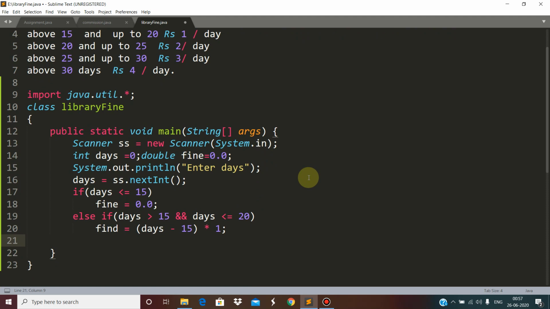Suppose we have taken the book for 17 days. It means only the first 15 days are free, so only 2 days. For 2 days we need to pay the fine. And children, in the slab, if it is ₹1 per day, then we need not multiply this also. So simply we can write days minus 15. Else if days are more than 20 and days are less than or equal to 25, then what to do is,